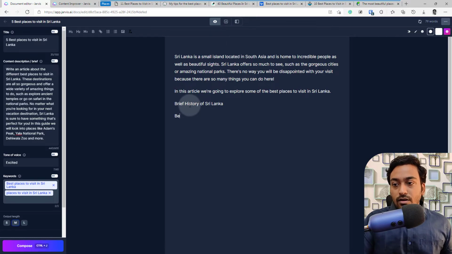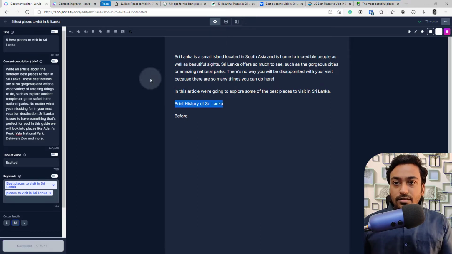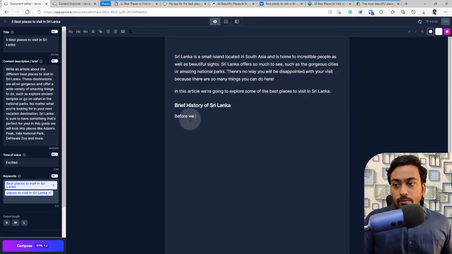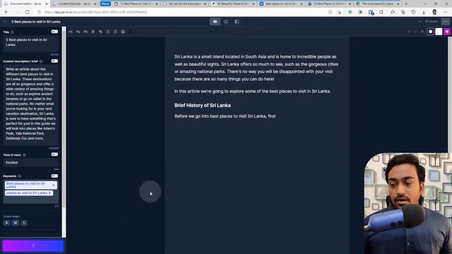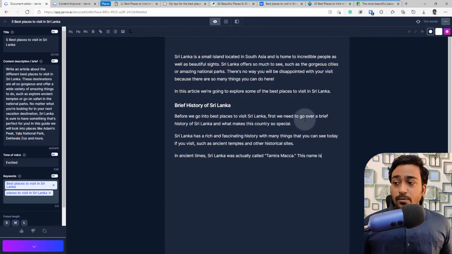Before, let me make this an H2, before we go into best places to visit in Sri Lanka first, and let's see whether Jarvis can identify the intent of what I'm doing here. We need to go over the brief history of Sri Lanka. What makes this country so special? So it did understand my